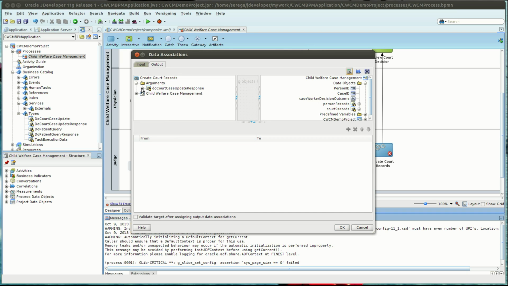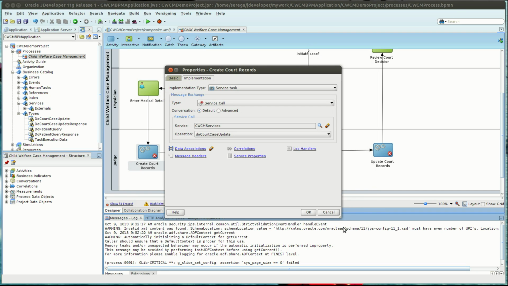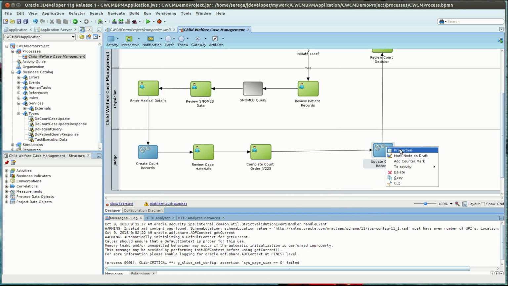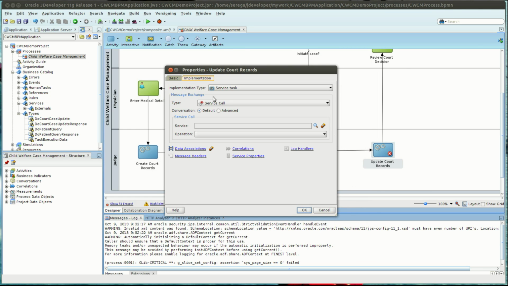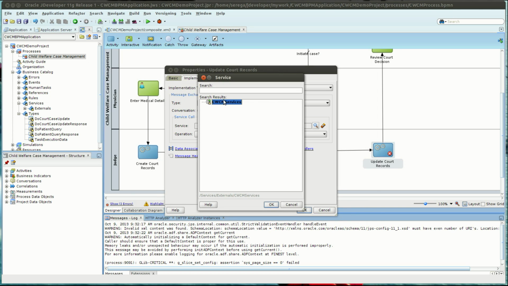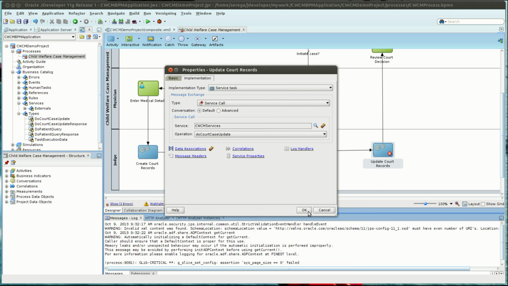And we really don't care about the update status, but we can get the update status information and display it on the screen as well. And the last one here, I'm going to wire to the service, court case update,